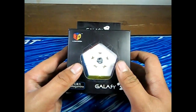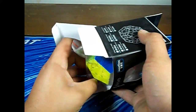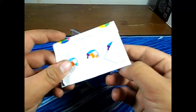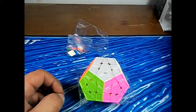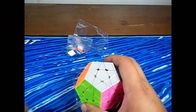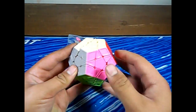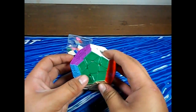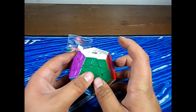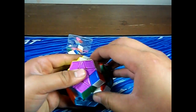This is the X-Men Galaxy Megaminx. So go ahead and open it up. Pretty big pamphlet. Just how to solve it, I guess. The only other Megaminx I have is a Shengshou. So a lot of people were saying this is a really good Megaminx, so I thought I'd get it. And I did get it in the sculpted version. So first turns,